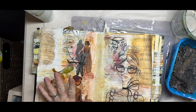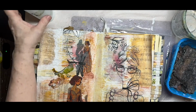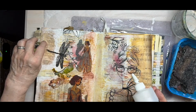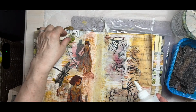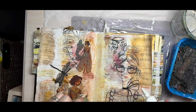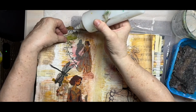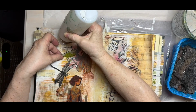And so I need my golden matte medium. Oh, it's right here. All right. So I think I wanted this yellow bird kind of sitting here on this. Yeah. So what I do, because if I put the medium...